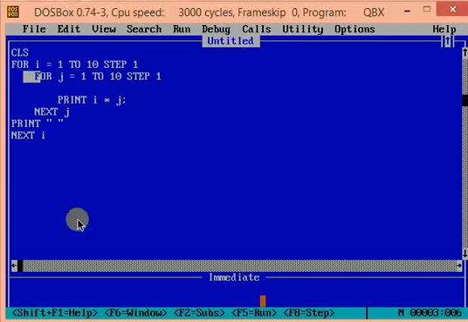For j loop repeated again with I is equal to 2 and j ranged from 1 to 10. This printed the multiples of 2. Then I's value became 3 and again j's block executed 10 times and printed 3, 6, 9 till 30. When I's value became 11, loop exited and the program ended.